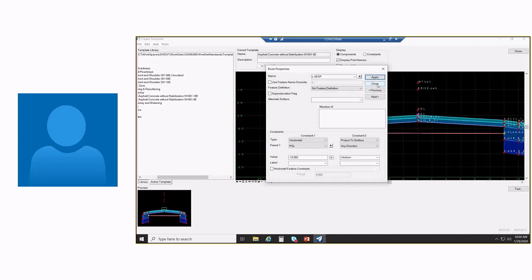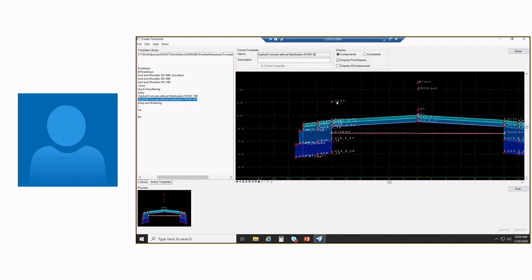Okay, and again, there's two ways I could tell it to meet that existing edge pavement. I could use the feature constraint to find my scratch element, or I could use a point control, either one. Okay, so I've got this point, and what it's going to do is, again, horizontally, it's going to meet that element. Vertically, it's going to project to my active surface any direction, so it's only going to go up or down. I'm going to use that to control